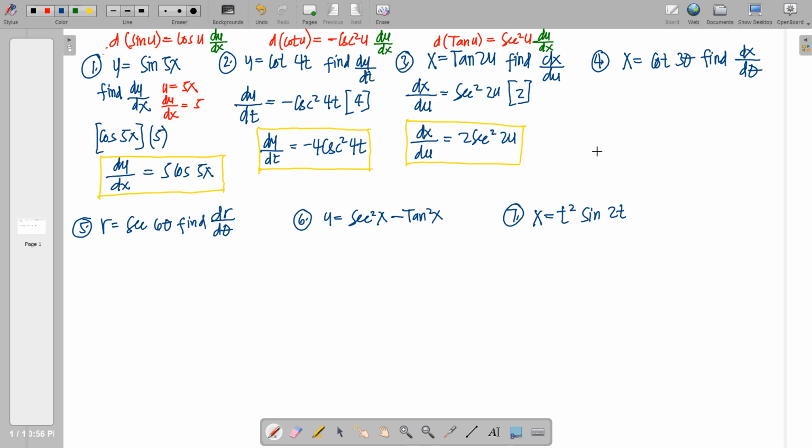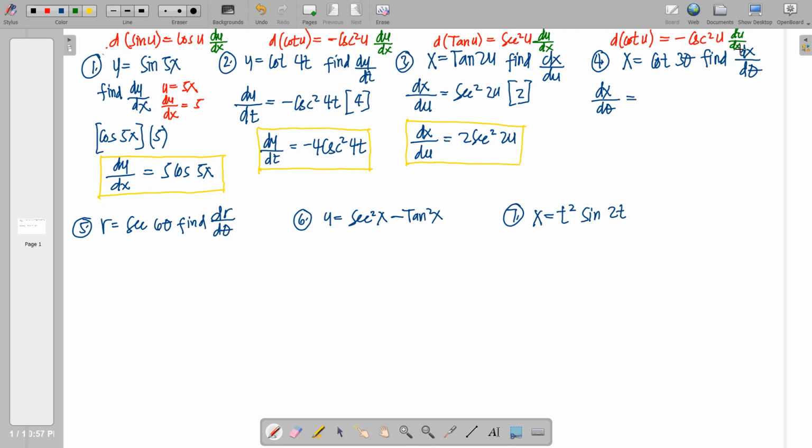So this is the answer for the third problem. Moving on to the fourth, we have x with respect to theta. So x becomes dx over d theta, and then we derive cotangent of the function 3 theta. The derivative of cotangent of the function is simply equal to negative cosecant squared u